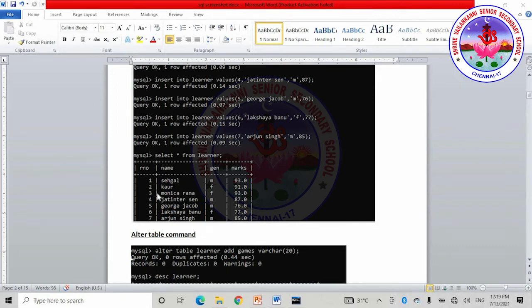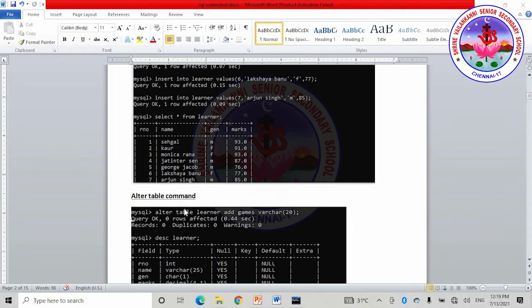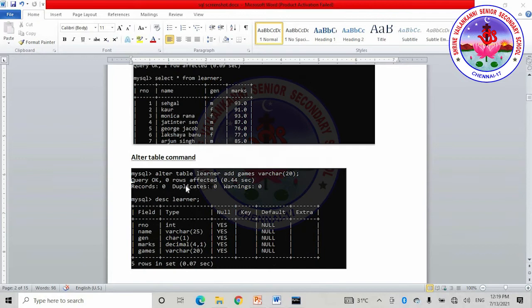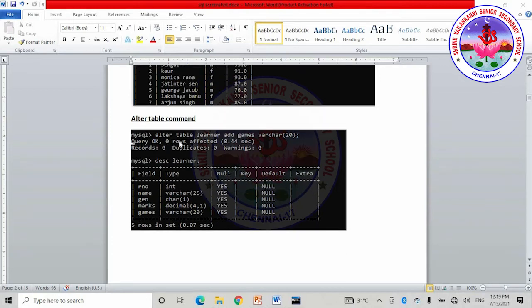Yes, now all the contents have been inserted, and if you wanted to make any changes in the table, that is in the structure of the table, you have to use this alter table query. So in alter table query you have three commands: add, drop and modify. So add command helps you to add a column, and drop helps you to delete a column, and modify helps you to make any changes in the column name or the data type which you have created. Yes, regarding this alter table command we have already discussed.